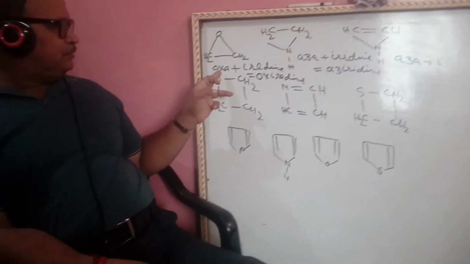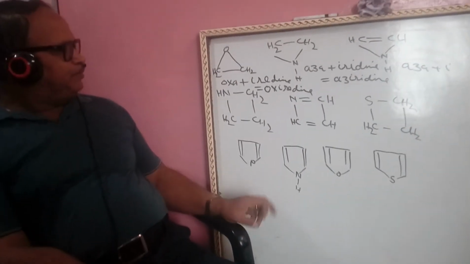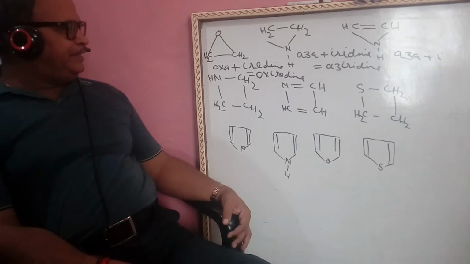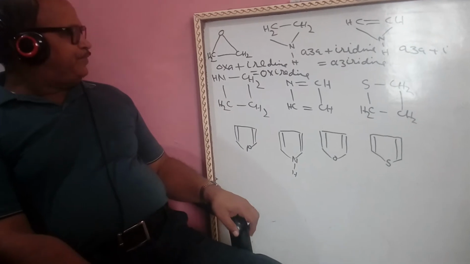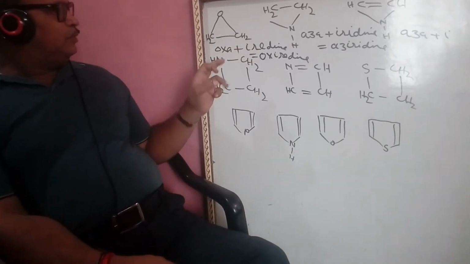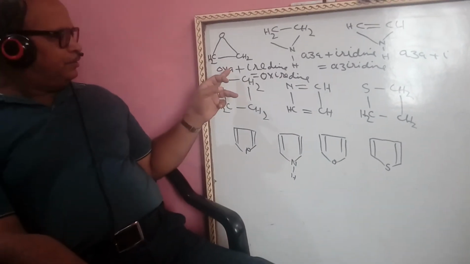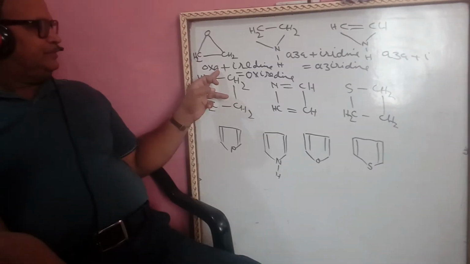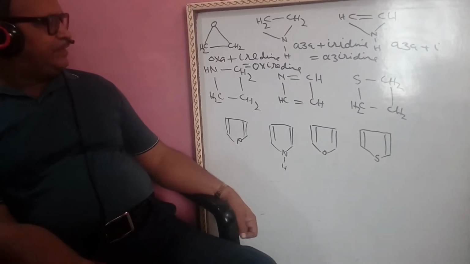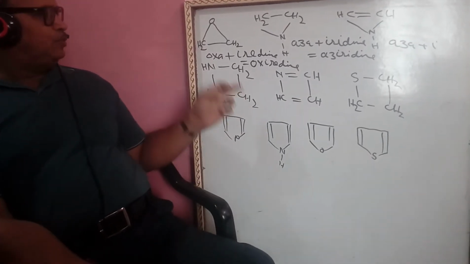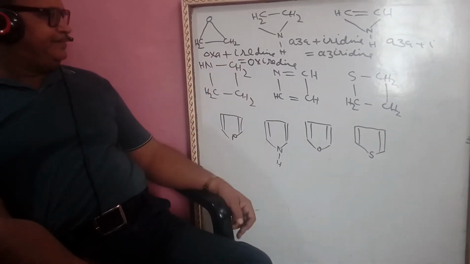So, the prefix for this compound will be oxa, the stem will be ir, and the suffix will be iridine, and this suffix is made up from the stem ir. So the name of this compound is oxirane, because at the end of the prefix is the vowel a and at the beginning of the stem is the vowel i. So in this case we can remove this vowel, and the name becomes oxirane.